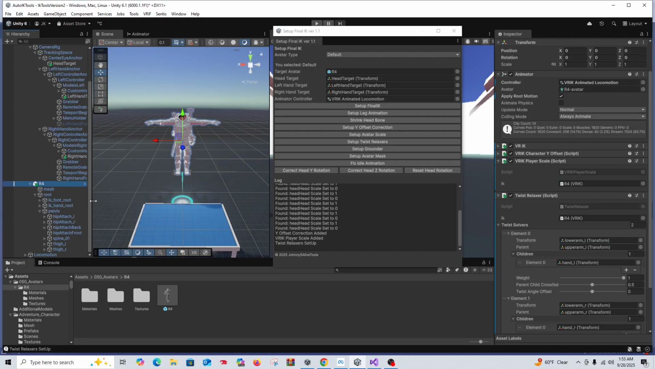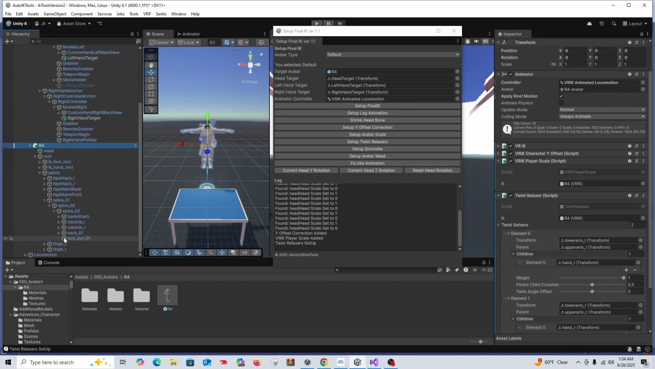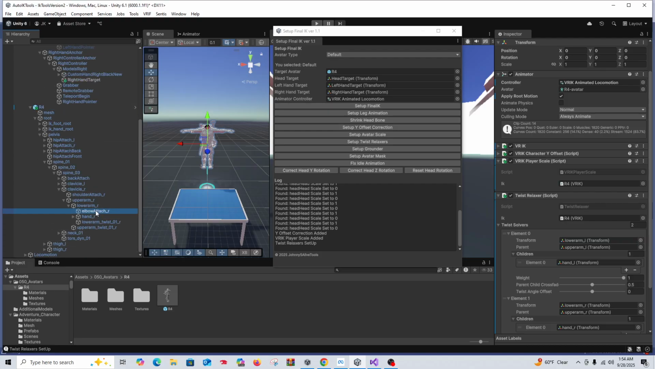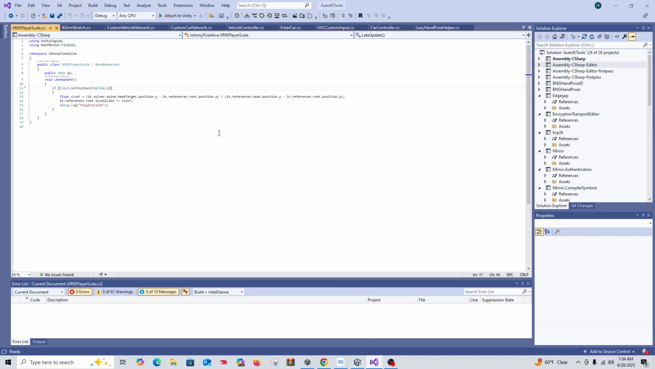down to, let me find the feet, where the heck is it? Oh, it's spine. Okay, expand this out, spine. If you come down to your arms, you'll see that there's an attachment point. And what was happening was the twist relaxer. So if I come to my twist relaxer on my